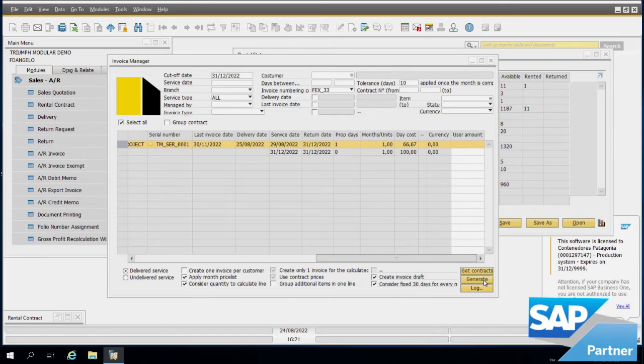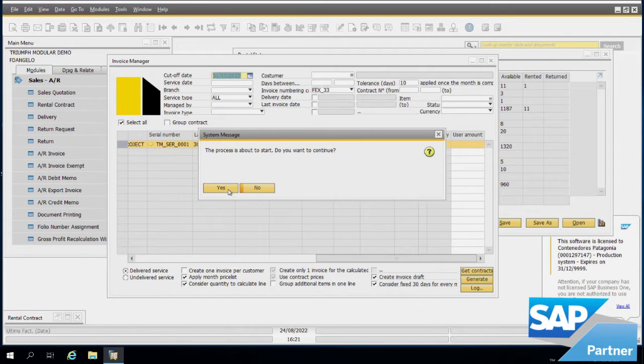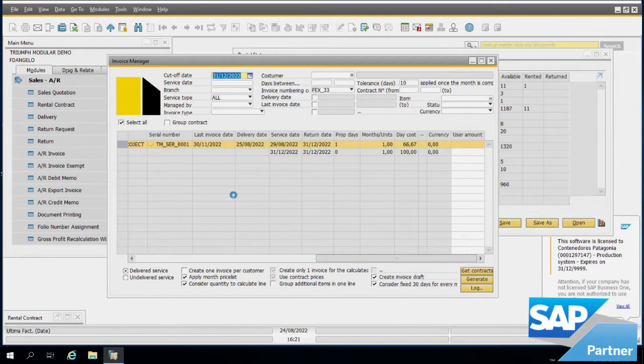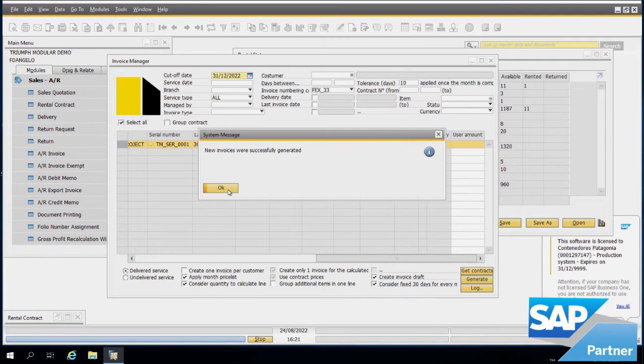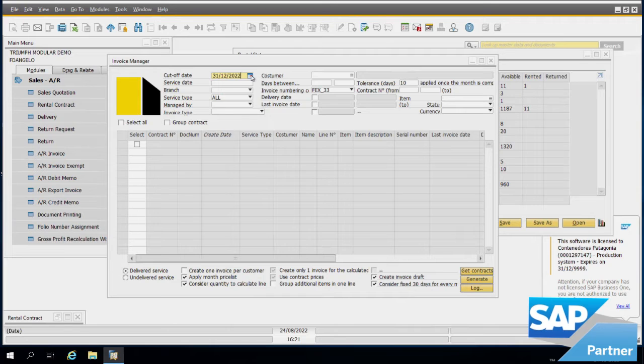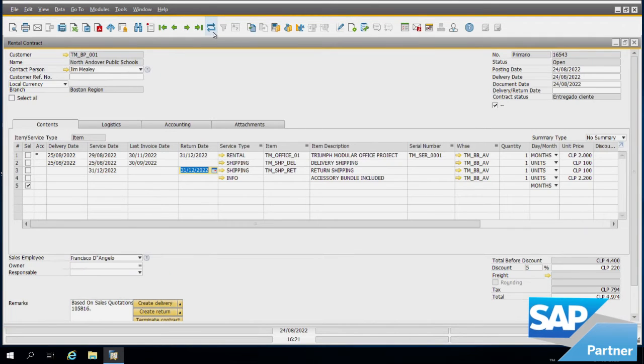I will generate the invoice, and that's about it. If I go back to my contract, I'll refresh, and as you can see,